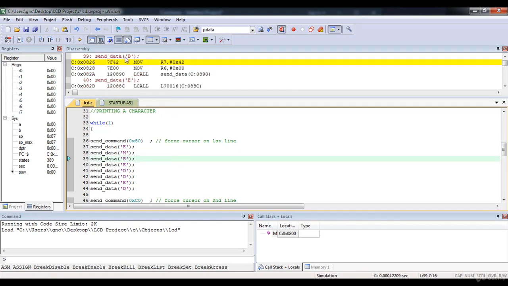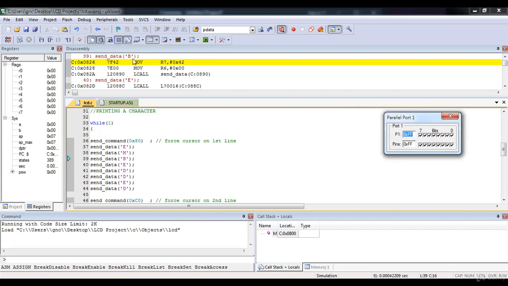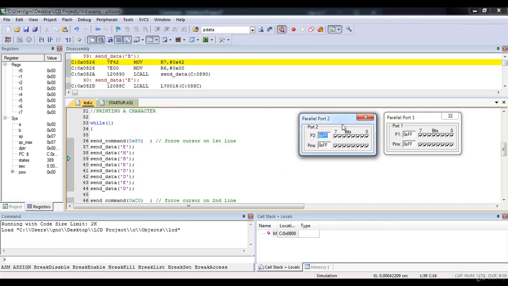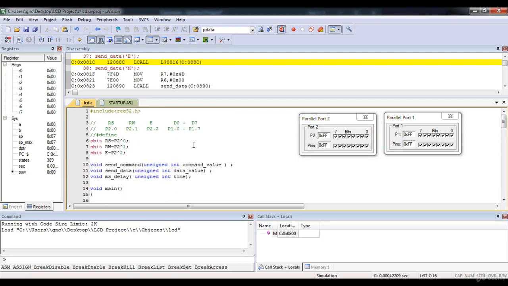For that purpose, you can use peripherals, port P1 and port P2. On port P1 we are sending data values, and on port P2 we are sending control signals, 2.0 to 2.2. Okay, now let's try to run this code step by step.